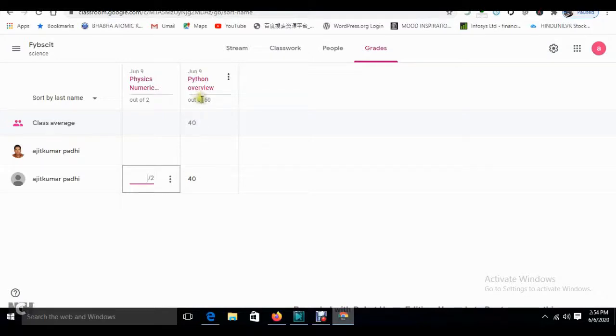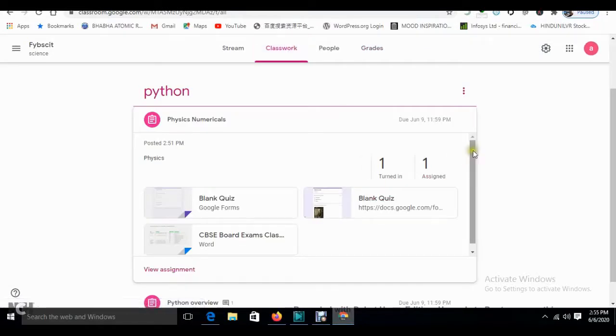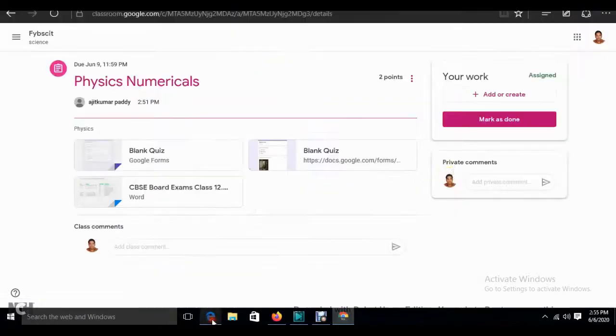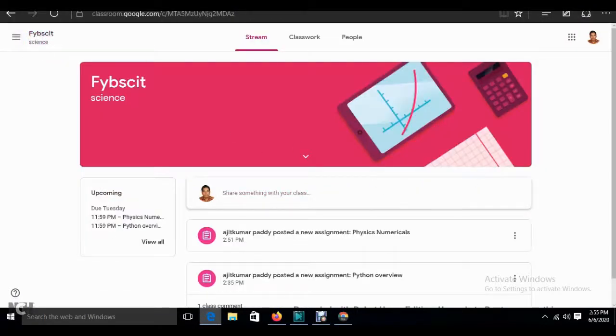It's showing 60 on 40. As you already know, we did an assignment in the assignment section, for which you provided 40 marks. Now I have to check for this and this. Turned in one, assigned one still pending; that student has not yet submitted the assignment.